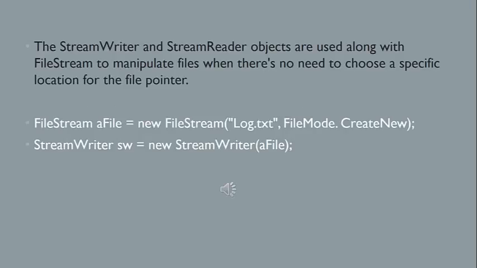The StreamWriter and StreamReader objects are used along with FileStream to manipulate files when there's no need to choose a specific location for the file pointer. FileStream aFile = new FileStream("log.txt", FileMode.CreateNew); StreamWriter sw = new StreamWriter(aFile);